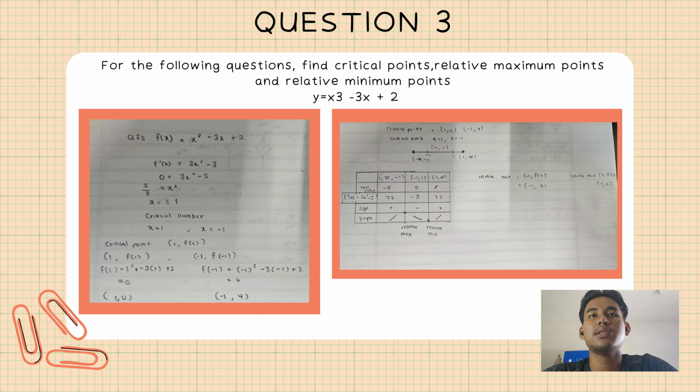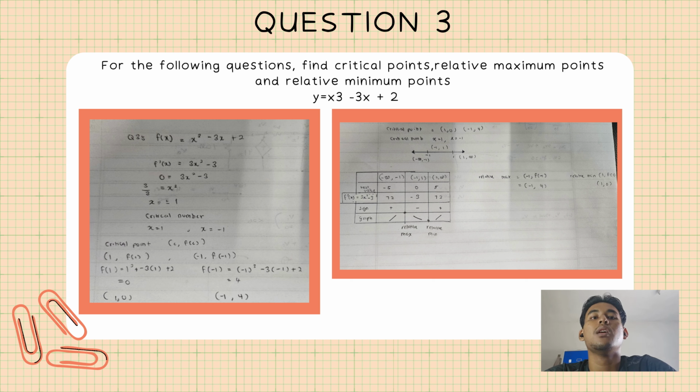And for the third question, we need to find the critical point, relative maximum point, and relative minimum point, which is given y equals x to the power of 3 minus 3x plus 2. So for the first one, we need to search for the critical numbers. As you can see, that is the formula. And the critical points we know are 1, f(1),